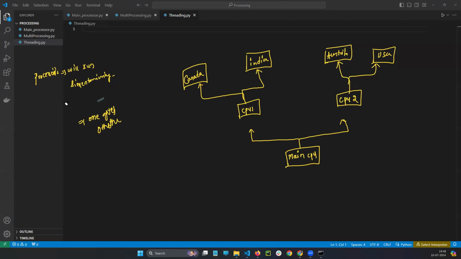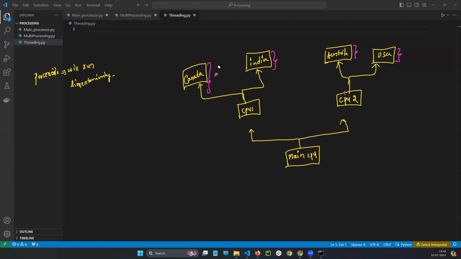I will tell you what happens. Two CPUs I created. I'm telling CPU one to run Canada and India. So CPU one will run the Canada function, and after completing Canada only, it will run India. After completing Australia only, it will run the USA.